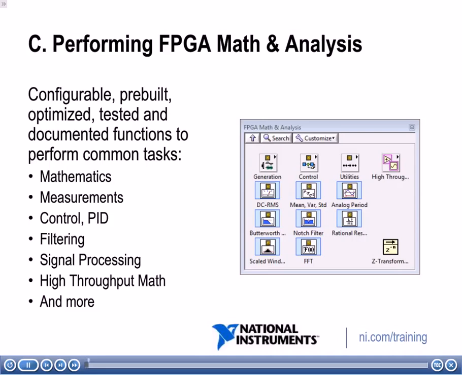In the previous section, we used a single precision floating point data type in FPGA VIs. By the end of this module, you will be able to describe 3 types of FPGA math and analysis VIs. In this section, we'll be describing performing FPGA math and analysis with some of the functions that are provided on